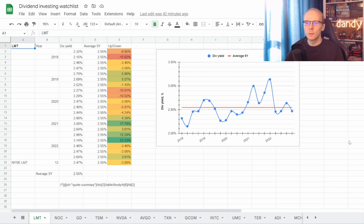And for that we'll use my dividend investing watchlist on Google Sheets. So we are now in the watchlist, and here is the tab for Lockheed Martin. We have its dividend yield history of the last 5 years, and on average the stock was trading at a dividend yield of 2.55%. So the worst time to get in was back in 2018, with a dividend yield of 2.15%, which is under the 5-year average for 15.62%, and the best was by the end of 2021, at a yield of 3.14%, over average for